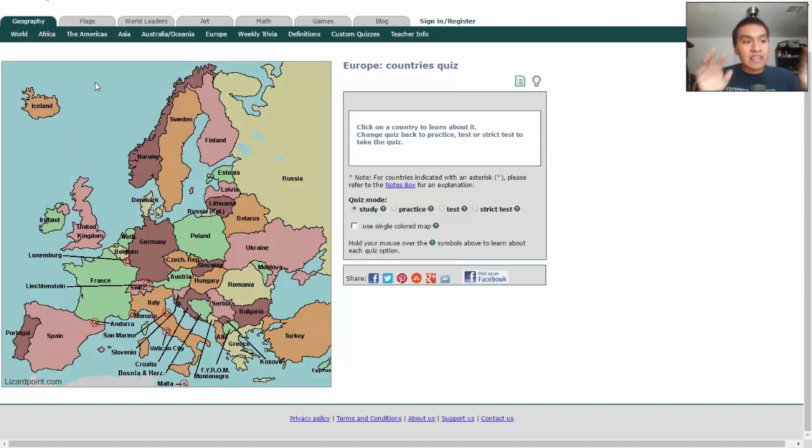You're going to look at the landmass. So let's take Iceland, and you're going to try to come up with some sort of image for it. To me, it kind of looks like a ghost, right here, a little ghost. Then you're going to change the name of the country into an image and connect the two together. So Iceland, I think of ice, and so I'm going to see the ghost getting frozen in ice.